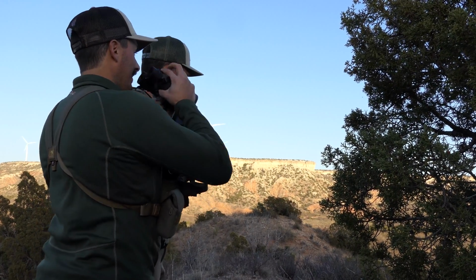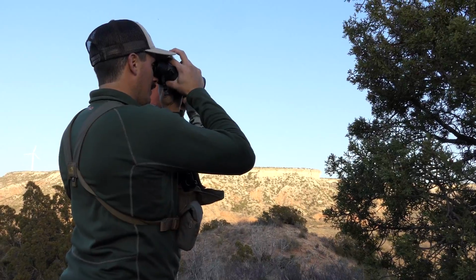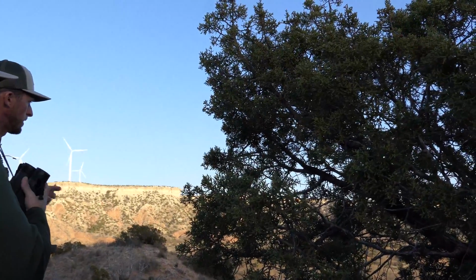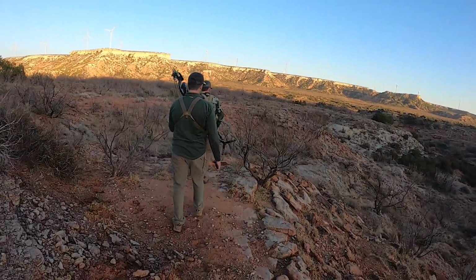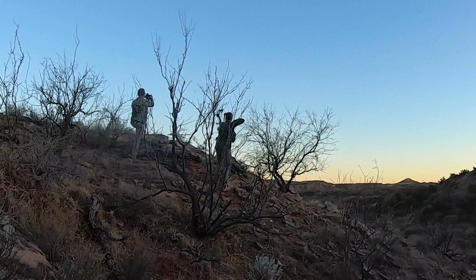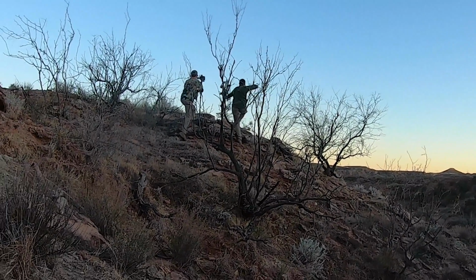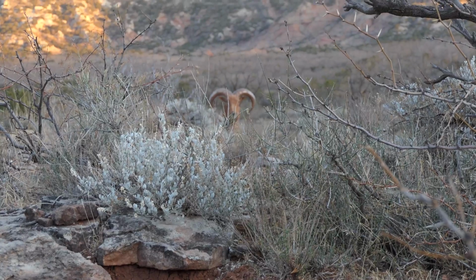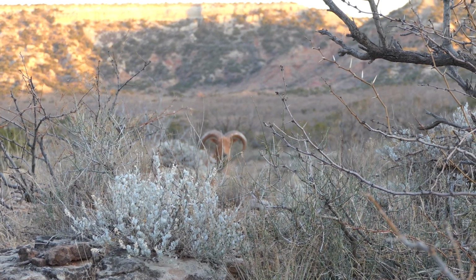It's a big sheep, buddy. Is his buddy in that crack? Could we use that crack to our advantage, you think? Yeah, I think so. I think here in a second, after he goes down, we go straight at him. Should I try to squeeze it? You want me to try to squeeze it? Yeah. I think